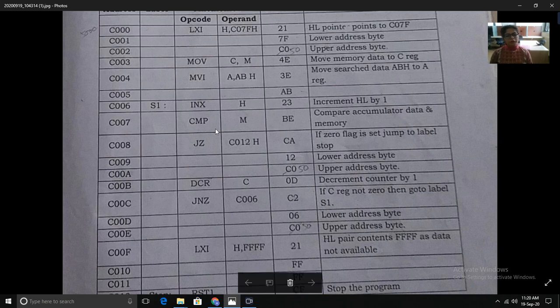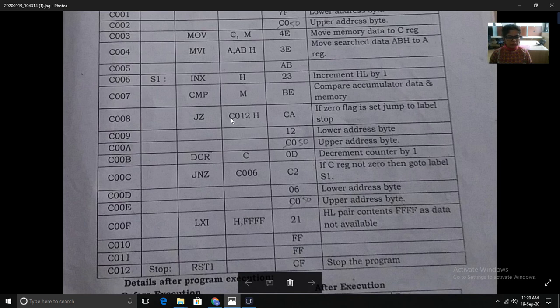So we have to use the compare instruction, that is CMP M. This instruction will compare the contents of memory with the accumulator and BE is the hex code of the CMP M instruction.